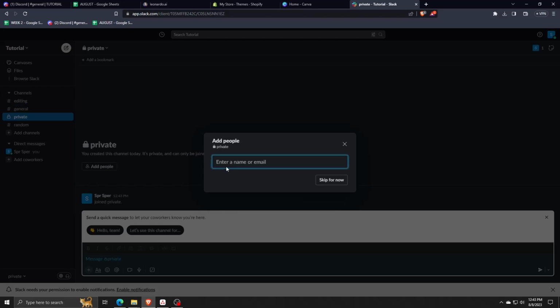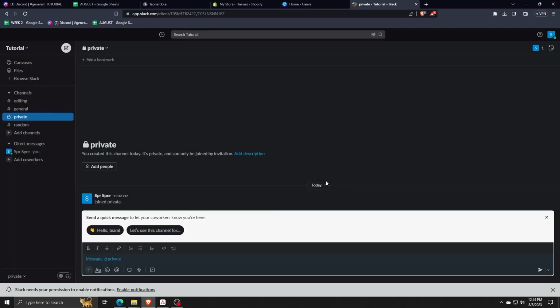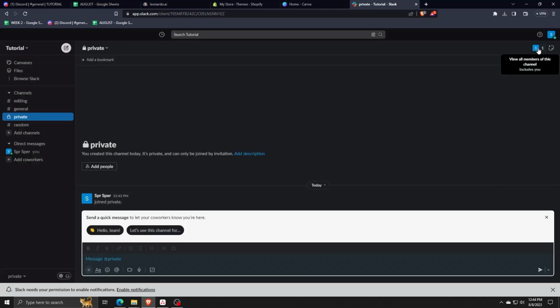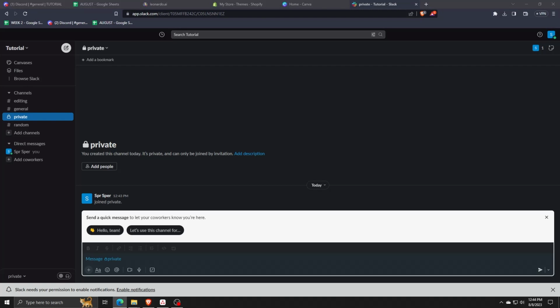Now, when creating a channel, you can choose its visibility to either be default public or a private channel, which is only accessible by select people, depending on who made the channel. After creating your channel, on the left-hand side, you can easily distinguish which is a publicly visible channel and a private channel depending on the icon next to the channel name. Public channels would have a hashtag next to their icon, and a private channel would have a lock key as